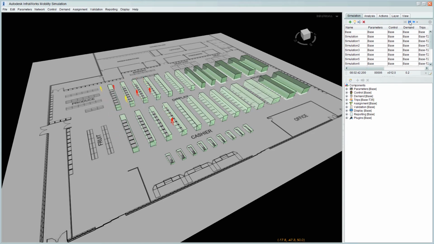So we can see people entering from this entrance here, and they're generally just walking around, no rhyme or reason to it, just randomly walking around, pretty much as you would expect to see before we've applied any of the COVID mitigation measures, and this is how it used to be. Eventually, once these customers have done their shopping, they move down to the cashier, and then they leave the supermarket.